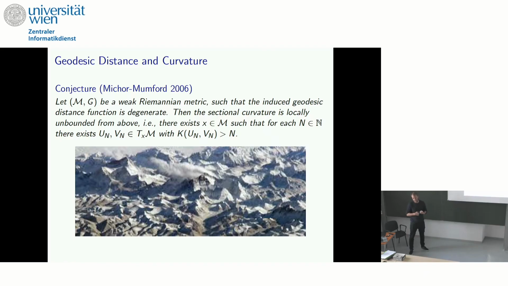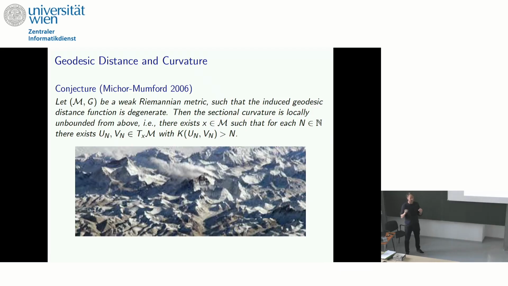What is happening in vanishing geodesic distance? In some way, we should imagine the shape space of curves as a very, very hilly landscape. If I want to reach a point, there's always a larger hill which I can pass around. In other words, there's a lot of curvature. For all the examples where we know that there exists vanishing geodesic distance and where we were able to calculate the curvature, because this is non-trivial in infinite dimensions, we observed that the curvature is actually positively unbounded.